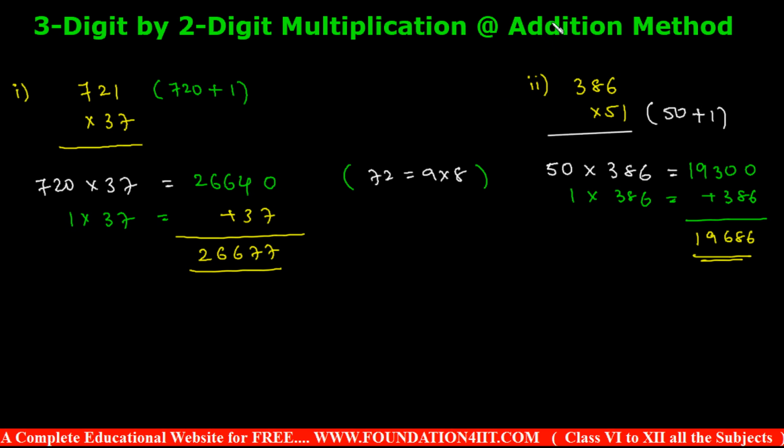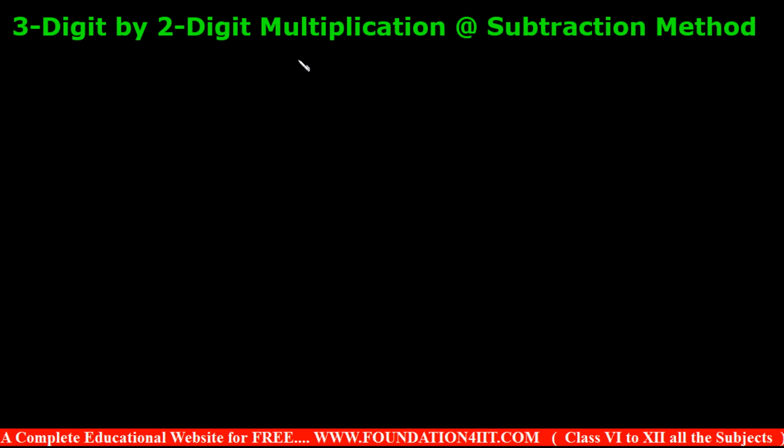Same 3 digit by 2 digit multiplication. For which type of questions can we use the subtraction method? Let us see now. 3 digit number by 2 digit multiplication using the subtraction method. Same as the previous addition method, but here the difference is if any number is less than the tens place. Let me show an example. For example, 629 is near to 630. If we round it to the tens place, even 632 is near to 630 only. If it is nearest to the tens but is less than that, we can go for the subtraction method.